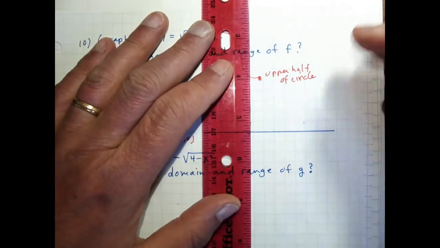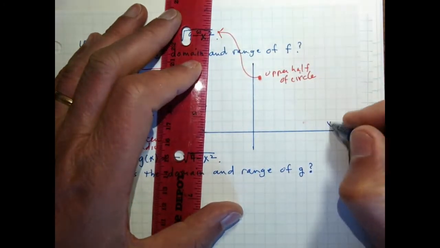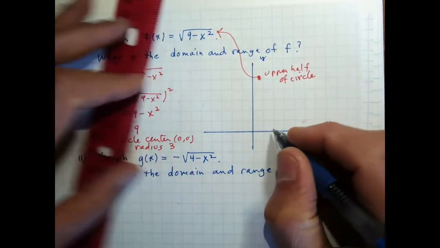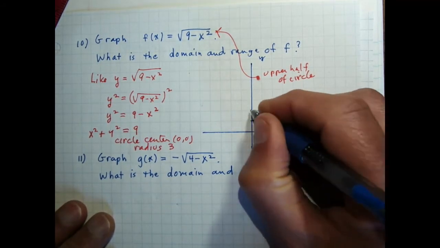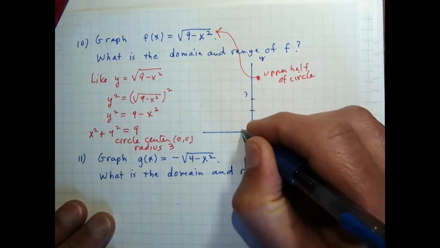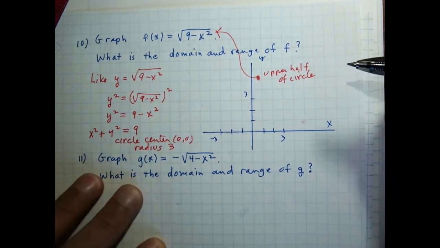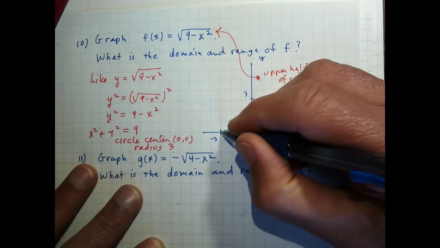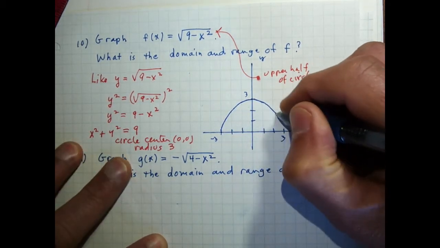X-axis, y-axis, x and y, and I'm just going to go 1, 2, 3, 1, 2, 3, -3. So the graph of f is going to look like this, just the upper half of a circle